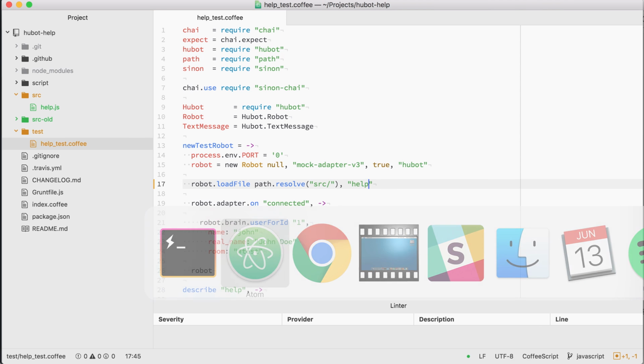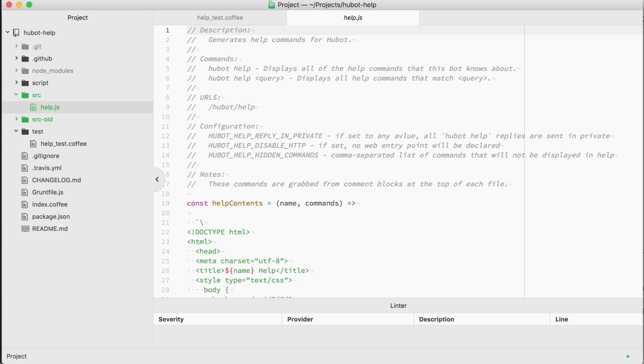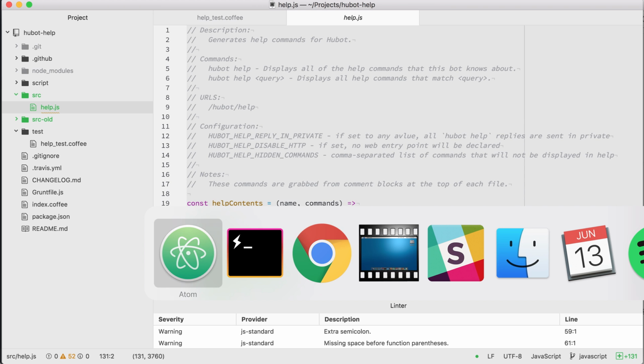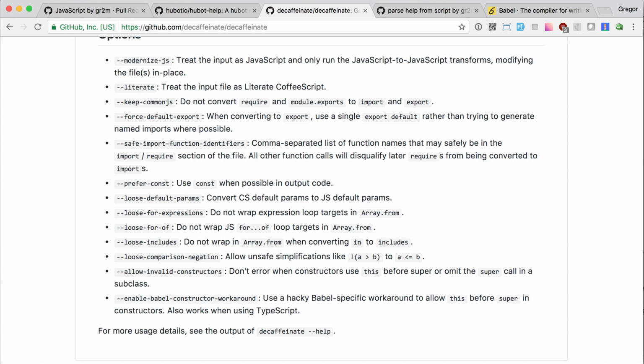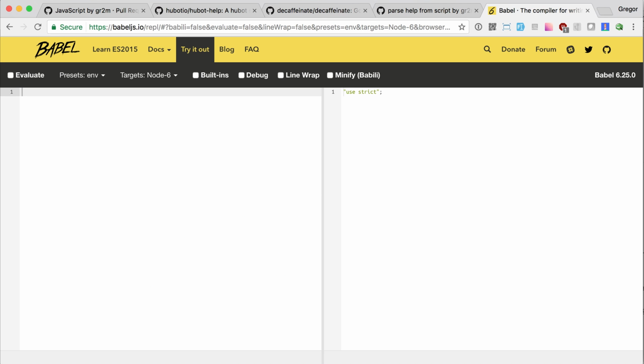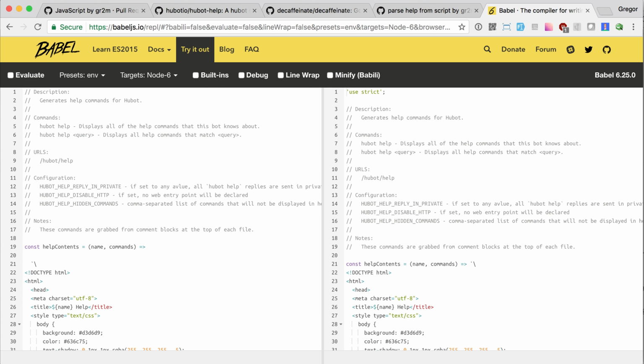Okay, next up, I take this JavaScript code, which comes with very modern JavaScript, and we want to be compatible with Node 4, so use Babel.js. For many files, we can use the Babel.js CLI, but for simple files like this, I can use the online REPL. And I've selected Node 6 as a target, not Node 4, because with Node 4 target, I found a bug which causes a lot of extra JavaScript. So setting it to Node 6 is simpler, and the only thing that we still need to change later is